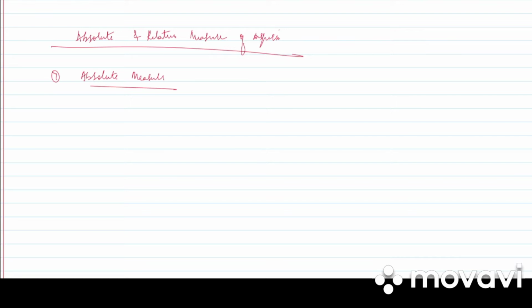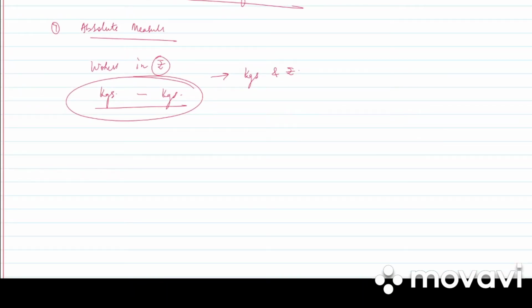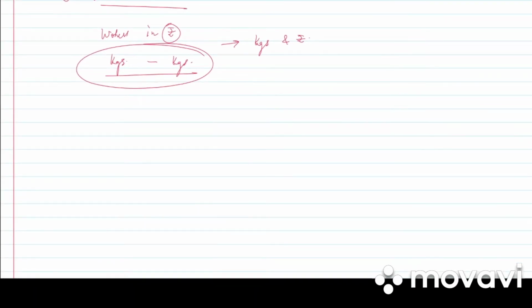So when the series is expressed in terms of the original unit or a single unit, it is absolute measure of dispersion. Say for example, if one states that the wages of workers is in rupees, so all the units will be in rupees. So if it is expressed in kilograms, so everything else should be also expressed in kilograms. So in case of dispersion, everything should be in single unit. It cannot be that one is in kgs and another one is in rupees. Clear? So when a dispersion of the series is expressed in original unit of the series, it is known as absolute measure of dispersion.